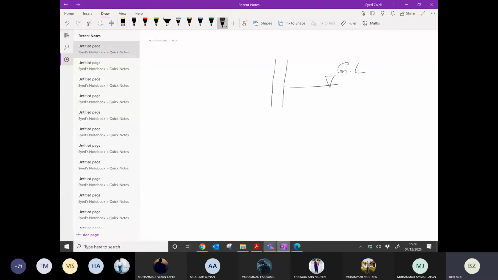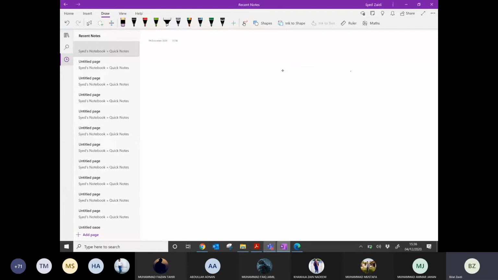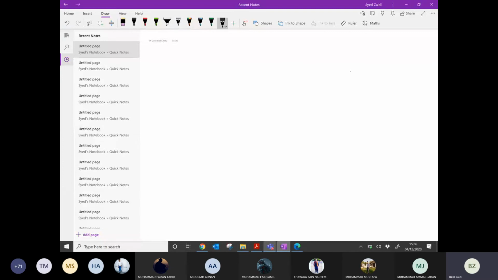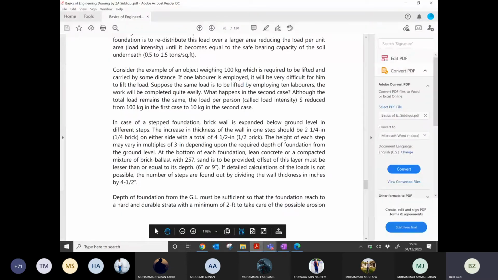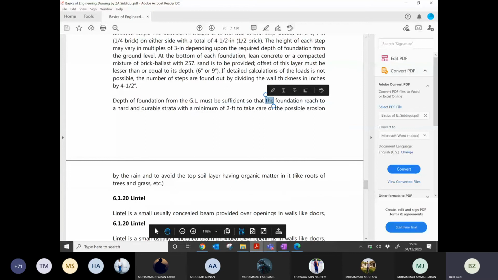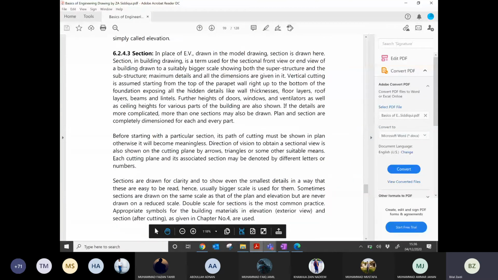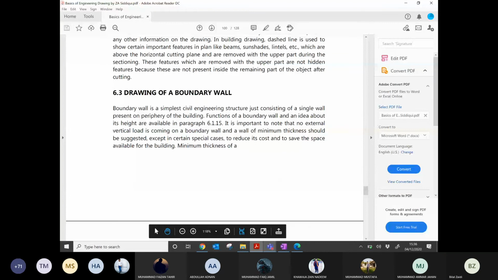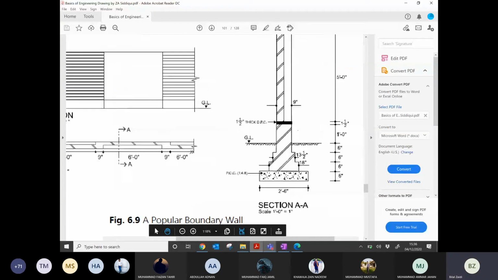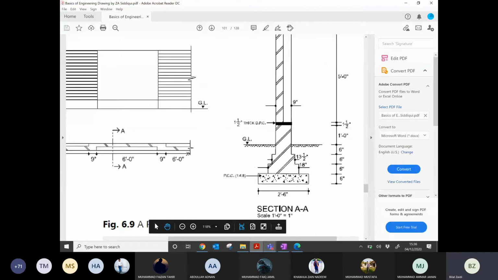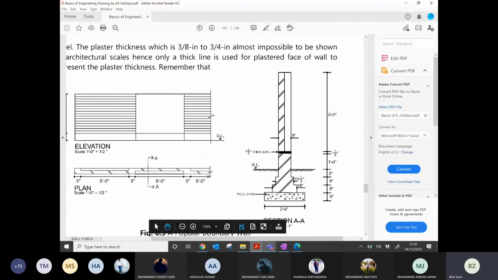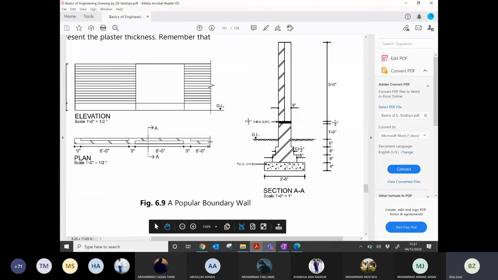Right. I was just telling you that, for example, I'm drawing a wall. Let me show you a foundation like here. Just assume that you have a wall like this on the right side.